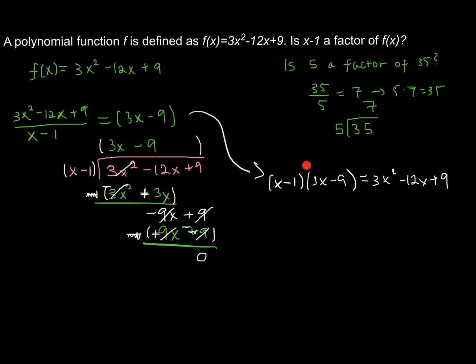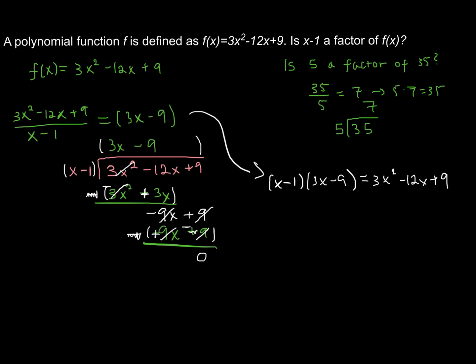Well, notice what this is. These are both linear factors. This is x to the 1, and this has an x to the 1. So this makes it really easy to think about what will make my overall function 0. Because I'm just multiplying two things, and for each of these things, it's easy to solve for when it equals 0. This will be 0 when x is 1. This takes a little more work, but I can do that, right? This will be 0 when x is 3. And so this actually shows me the roots of my function,